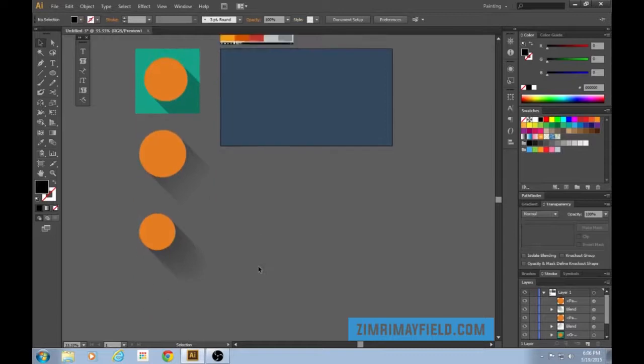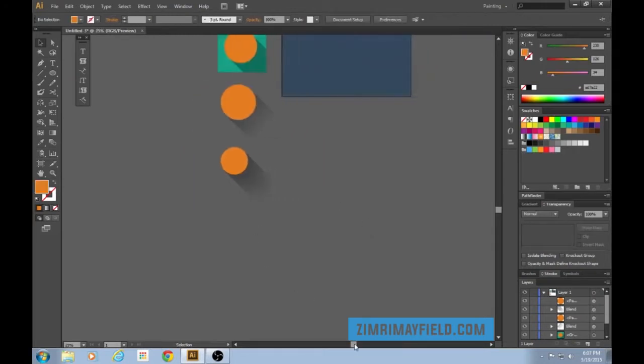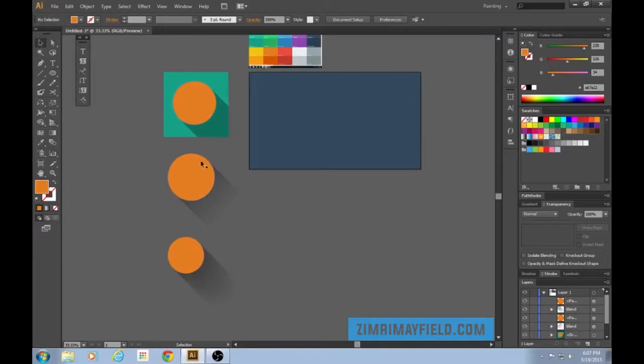So you can tell the difference here is that our second kind just ends flat. You'll see that quite often. And then this kind is the most realistic because it follows the shape of the object that we make. So see how the shadow is rounded, just like the circle. And if we had a weird shaped item, then our shadow would also be weirdly shaped. Okay, cool. So now that I've gone over the 3 kinds of flat design shadows and how to make them,